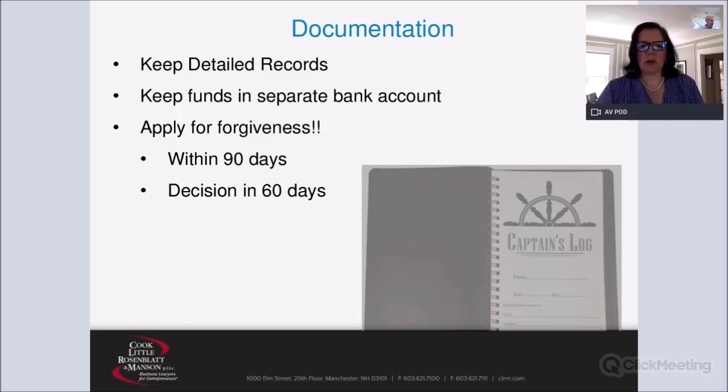For partnerships who report on a K-1 or Form 1065, they have said that they don't want those partners to treat themselves as self-employed individuals, because that would create confusion between who was supposed to apply. Were they supposed to apply personally, or were they supposed to apply through the partnership? So the SBA wants partnerships to apply for one loan as a partnership. And there are slightly different rules for partnerships versus the sole proprietor.